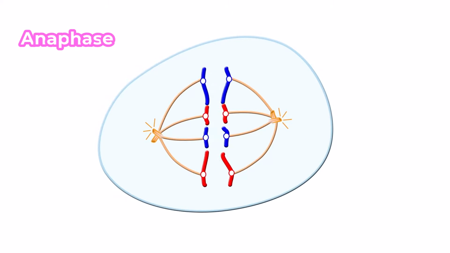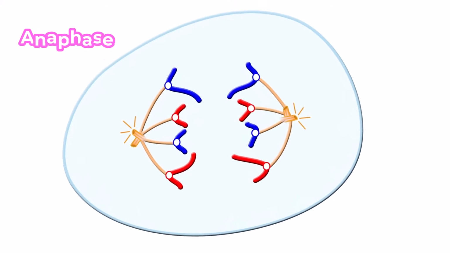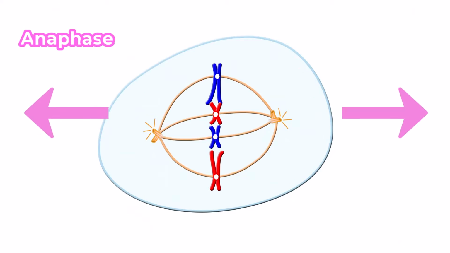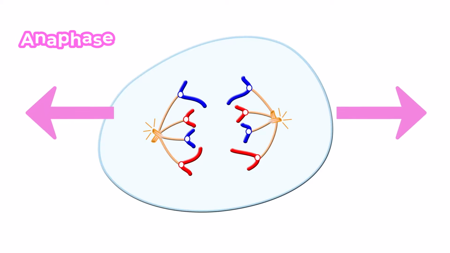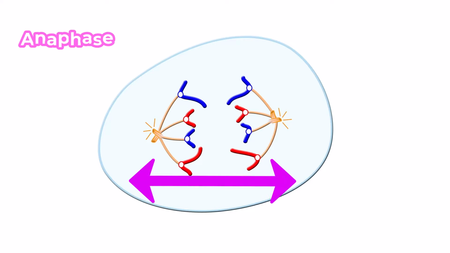Anaphase begins when the sister chromatids of each chromosome separate. Each is now considered a full-fledged chromosome. The chromosomes move towards opposite poles of the cell as the spindle tracks shorten. The tracks not attached to the chromosomes lengthen, pushing the poles of the cell further apart, thereby elongating the cell.